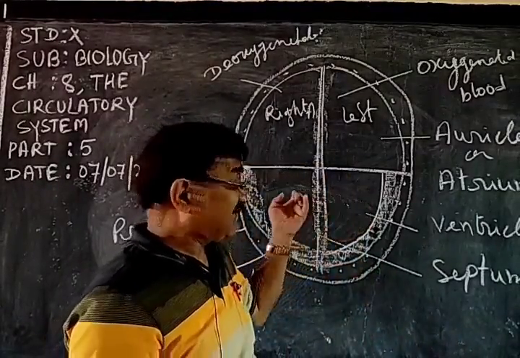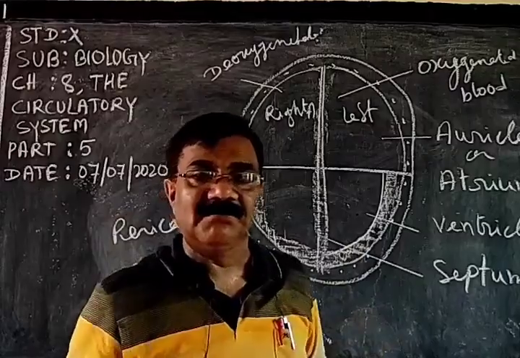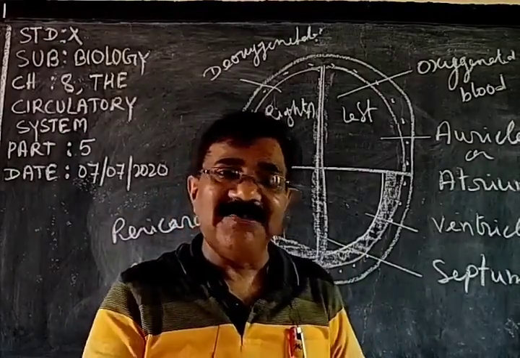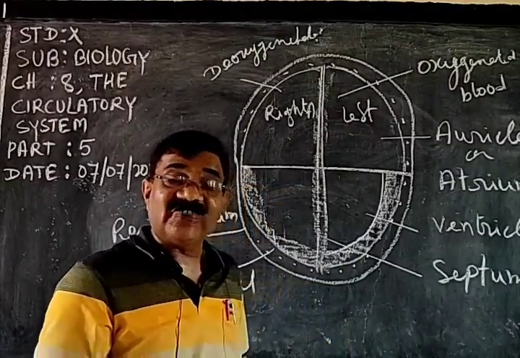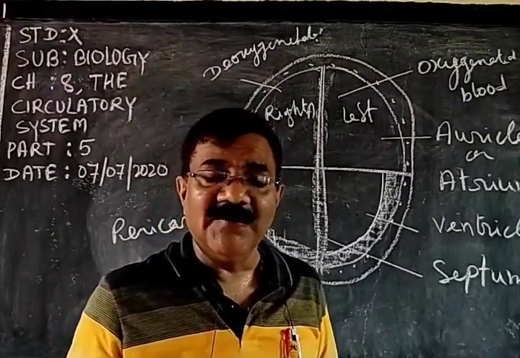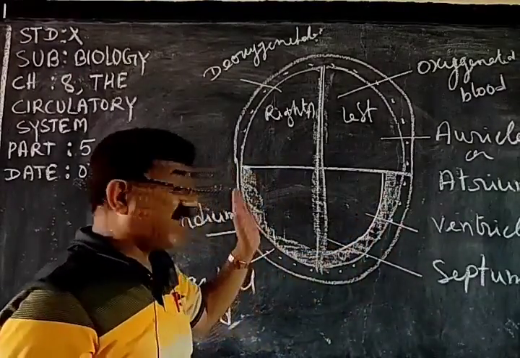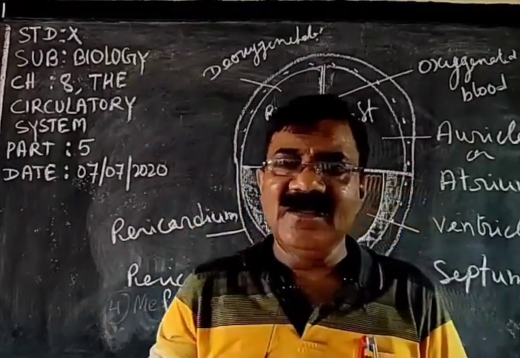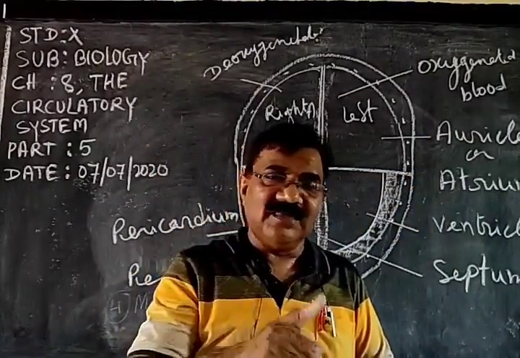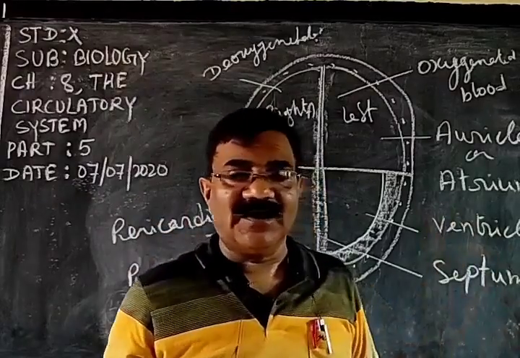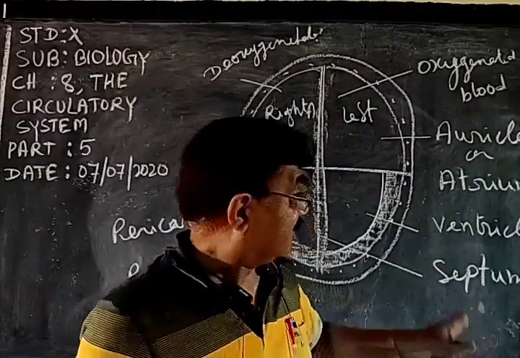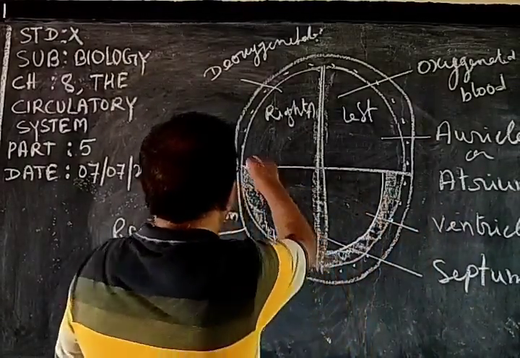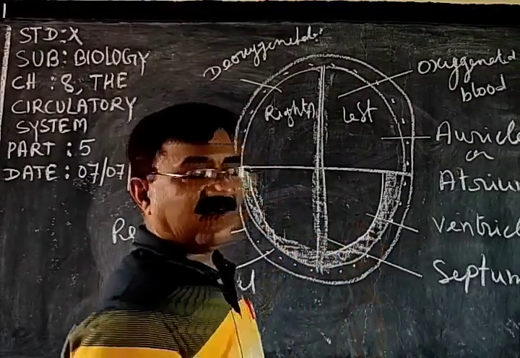But ventricles have to pump the blood. They pump the blood to reach different parts of the body. So ventricles have a thick wall. Very important give-reason question: why ventricles have thicker walls compared to auricle. Now one more thing, the left ventricle is thicker compared to the right ventricle.